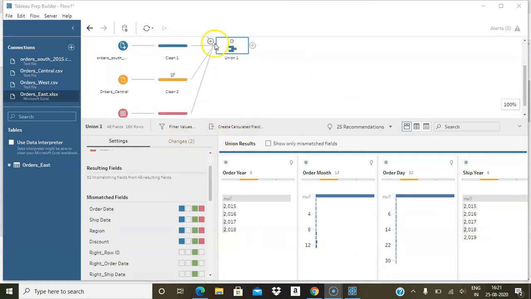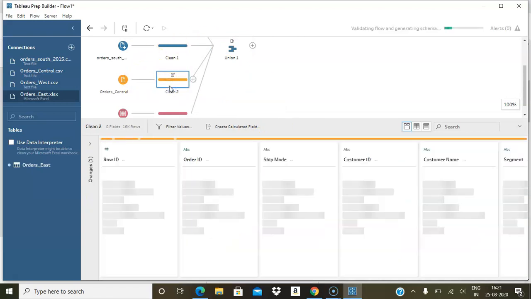So now if you see the next difference, product name we have corrected. It is showing order year, order month, order day, which is different again in the central part. You can see the central color. So let's go and check with central again.